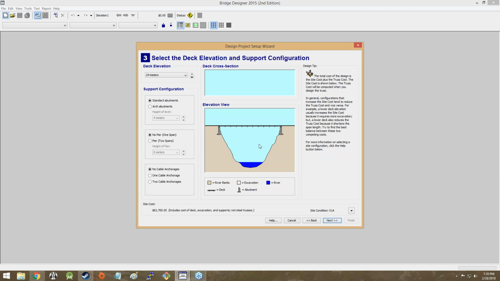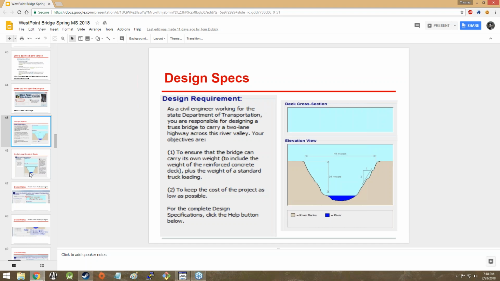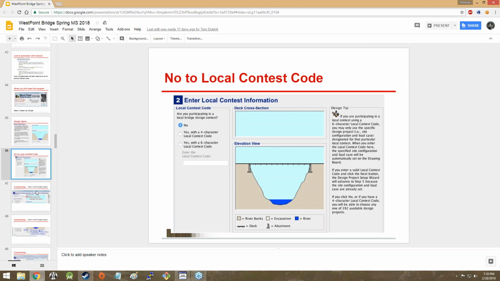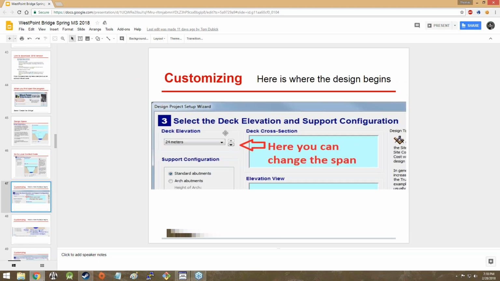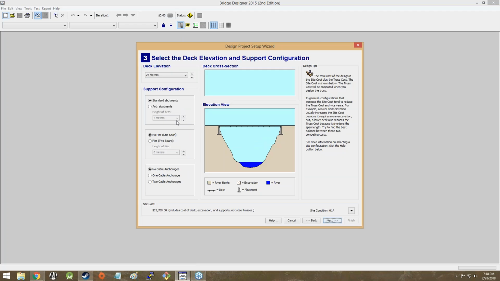Then we're going to get the deck elevation and the support configuration, which is the basic part of the bridge. So here, we can change the span, which is basically the distance. See, if we mess with this, it changes the distance that the bridge has to traverse. However, if we check down here in the